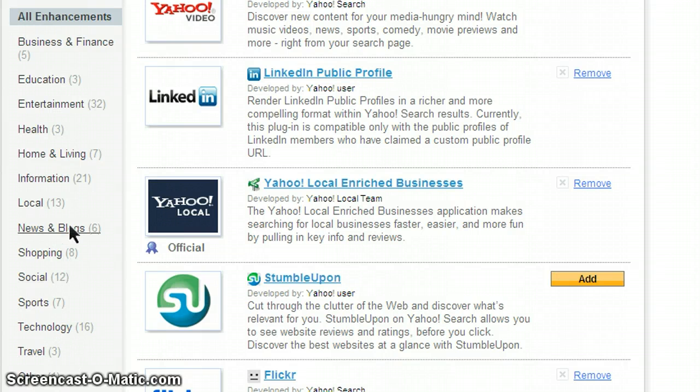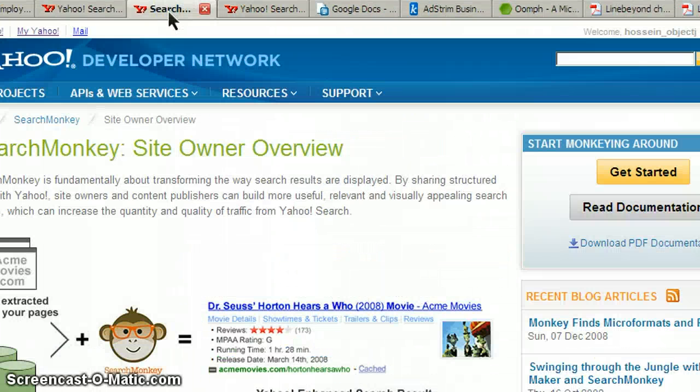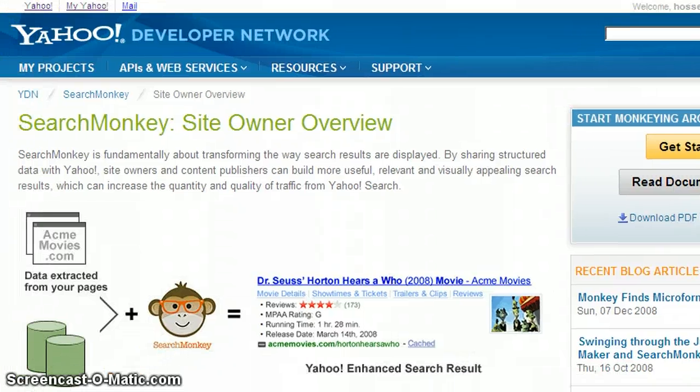Okay, so first of all, if you look at these, you will see that all these sites probably add up to about 100. So there are only 100 sites that have already added enhancements in the search results. And so that's one thing. And the other thing is that if you go and figure out the technology behind that, Yahoo is actually using something called SearchMonkey. So SearchMonkey is basically an engine,